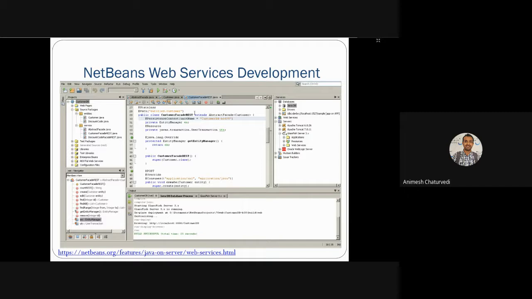So you can have this type of web service development environment in NetBeans. You go and download the new version of NetBeans and check how to develop a web service on that, develop some of your own web services and then publish them on your localhost.